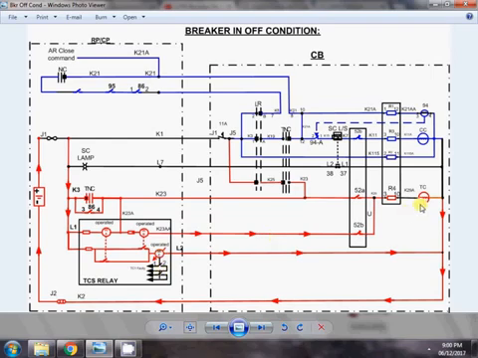Now if there is any fault in the tripping circuit, say this tripping coil is open, the current won't be flowing through these two relays, and so both these relays won't be operated. As both are not operated, this 95C is not operated, and as it is a reverse flag relay, in the non-operated condition it will give a signal to the annunciator circuit that the tripping circuit is faulty. So this is the operation of the pre-close TCS relay we have seen.